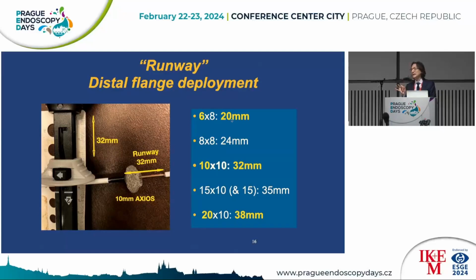If you're draining the bile duct, we typically use either a 6 or an 8, but if you start with a 6, the smallest, you need a runway of 20 millimeters, 2 centimeters. That means your bile duct needs to be dilated around 2 centimeters if you want to be confident that you're deploying that distal flange completely within the bile duct lumen. That is why for the bile duct we often have to use the push technique to place it over a